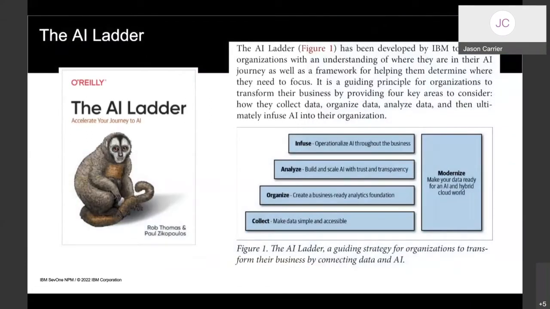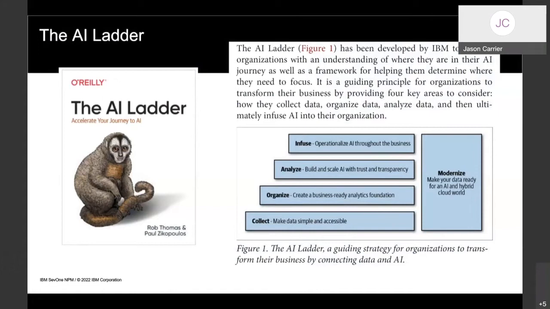Go ahead and move forward from there. As we go into IBM, we're looking really hard at the AIOps ladder, which is a figure that IBM has put together, a framework to help us figure out where we need to focus in terms of improving our capabilities to better provide AIOps solutions.